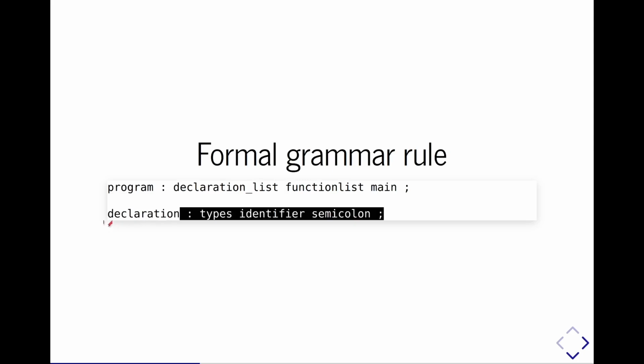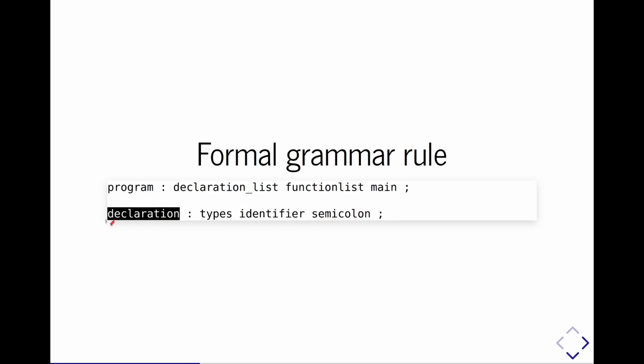So here's what the declaration looks like in Simple C. The declaration is the type specification, followed by an identifier, and followed by a semicolon. Now here's where the meta-language versus the language can get really confusing. This semicolon is the name of a symbol, a terminal or non-terminal in our input